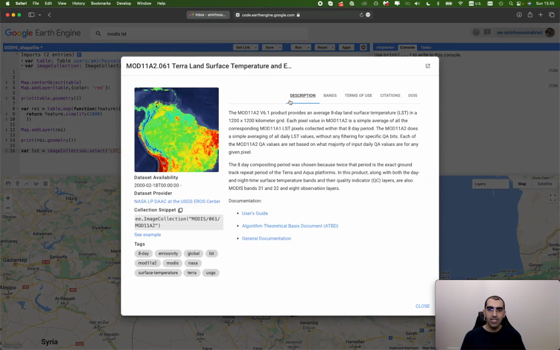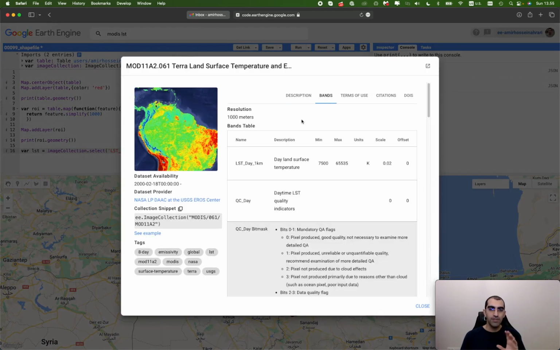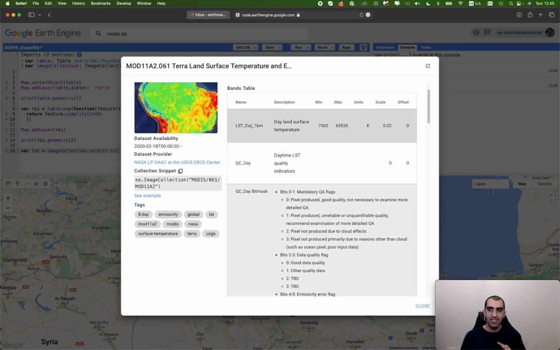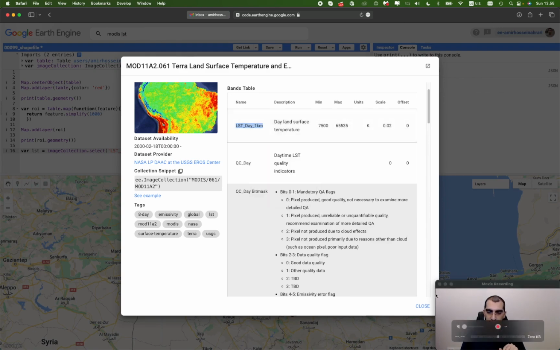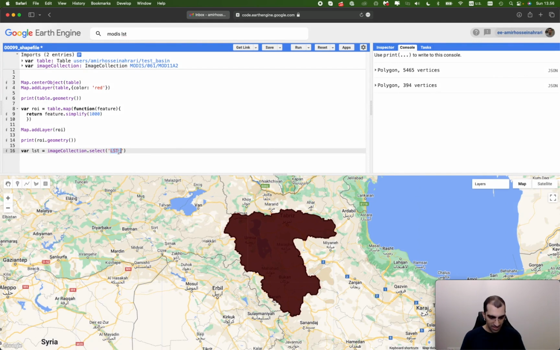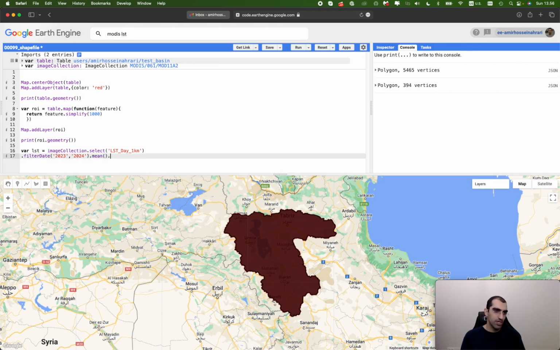But here, quickly, I want to point out that if you go to the bands, you can find the LST and also the scale value. This is my target band, and then copy and paste it inside the code using select as a function to help us select the target band. Then filter your data based on a period of time, for example, 2023 data. I'm gonna get an average temperature from this region, and then I'm gonna calculate the average temperature multiplied by the scale factor value